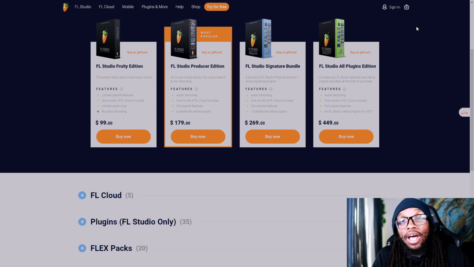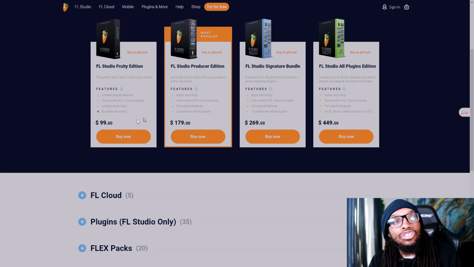So we're going to start off with FL Studio. As we see at the top, you can try FL Studio for free. And by free, you can create an entire beat with FL Studio at no charge to yourself. The only caveat is that you will need to actually buy the software before using the product to its best and fullest capabilities. And you can start as low as $99 or go as high as $449, depending on where your starting point is.